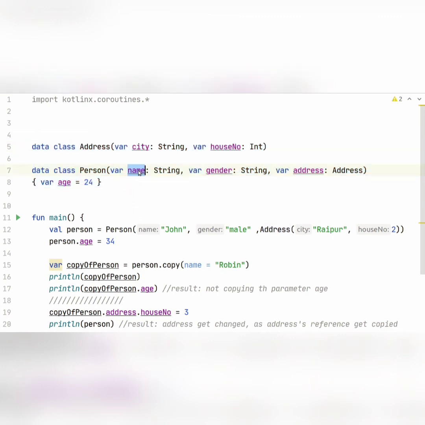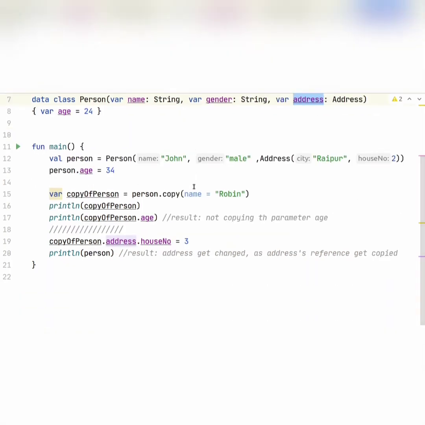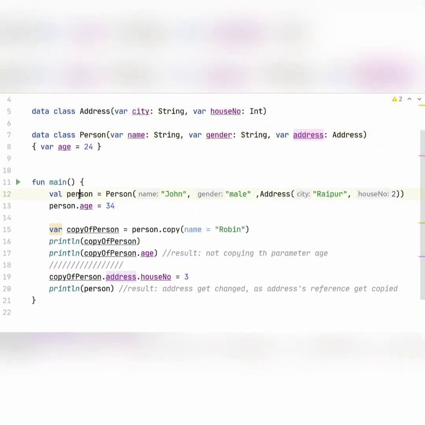Person has name and gender. I have defined the age inside the body, and it has the address. Suppose that the person is John, gender is male, and the address is Raipur, house number 2, and I am defining his age as 34.